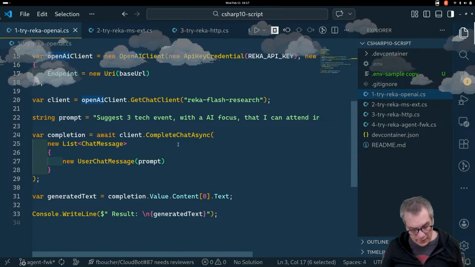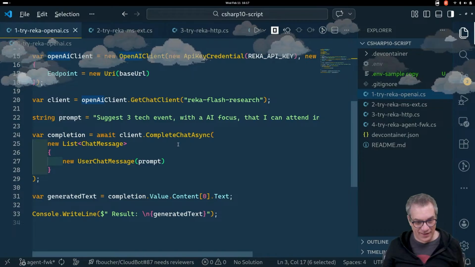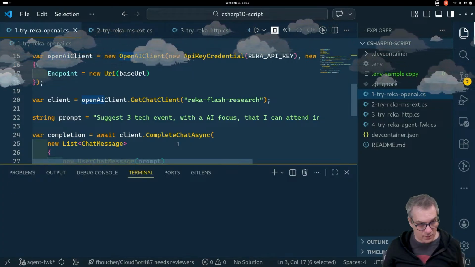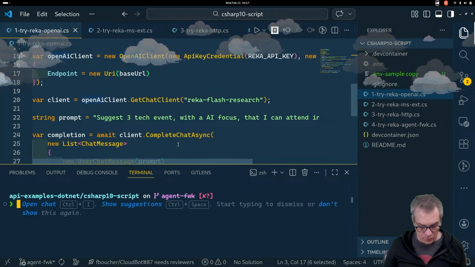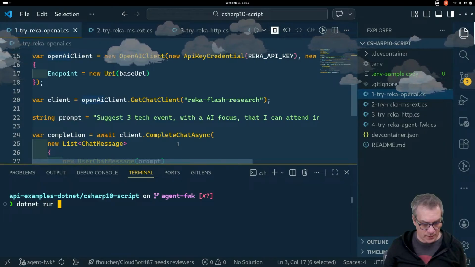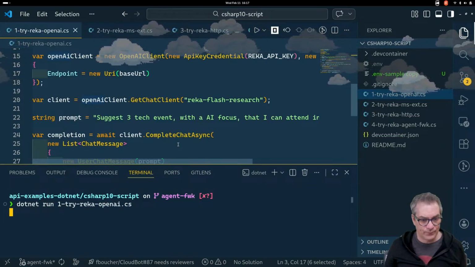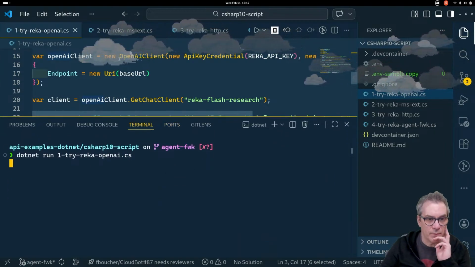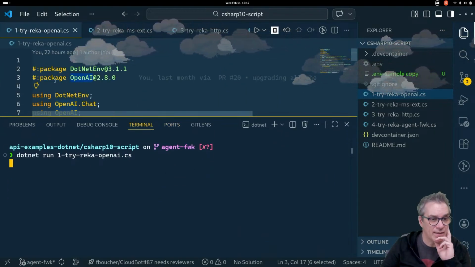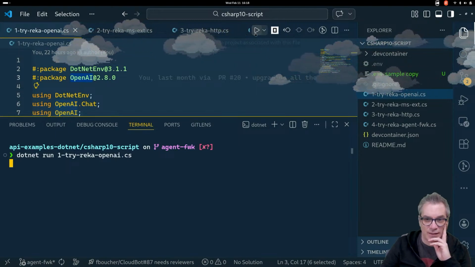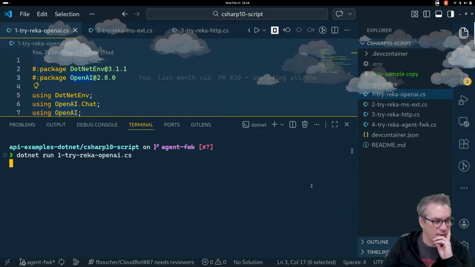Oh, I did it again, man. No, like this. I thought, oh no, it's this button. Okay. So if I do dotnet run 1, because I'm using the file-based approach, you're all familiar with that, right? There's no project and everything.